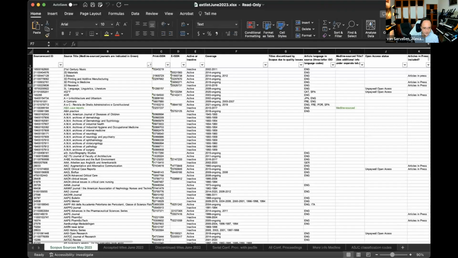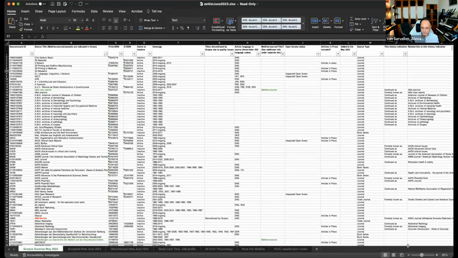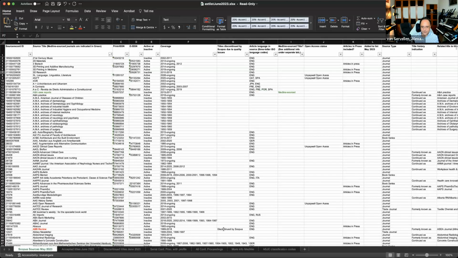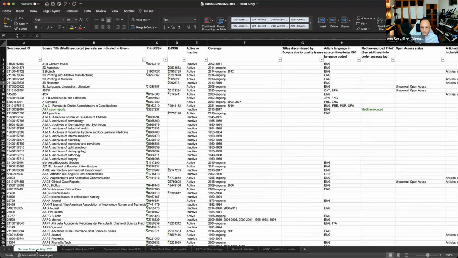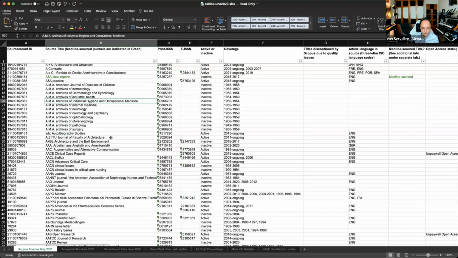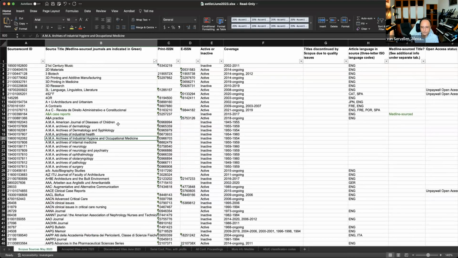I doubt that your eyes are so good that you could read this. You can see there are a number of tabs. On the bottom, you can see Scopus sources May 2023 accepted titles. The second tab is newly accepted titles. The third tab is discontinued titles. I think the first tab is very important because